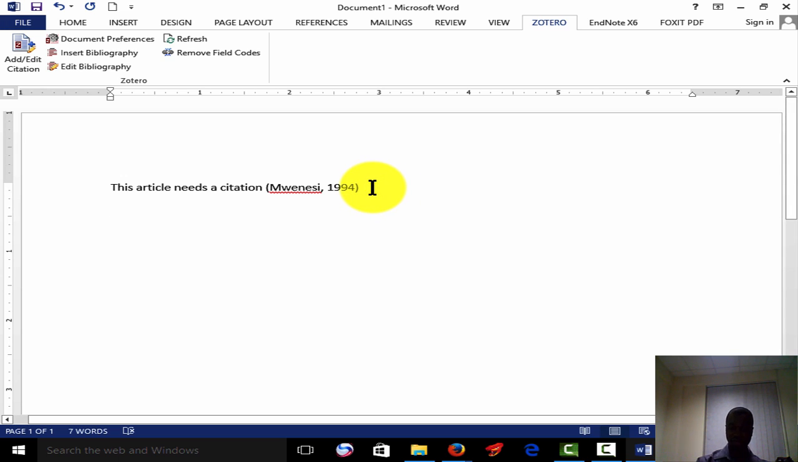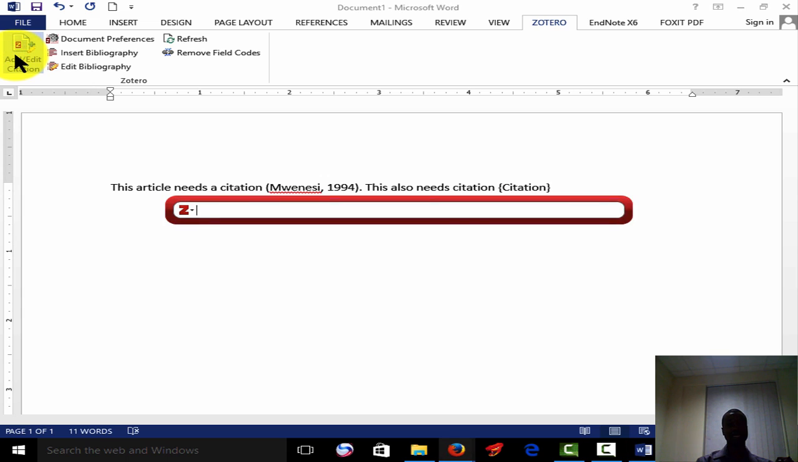So assuming from here we want to put in another citation. Maybe we have something else which needs to be cited. So this also needs a citation. Assuming that for this particular thing that we want to cite, it's from maybe multiple sources. Maybe we want to cite more than 2 articles or 2 sources. We can still come to add and edit